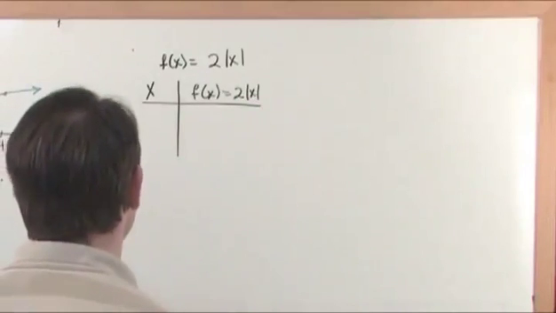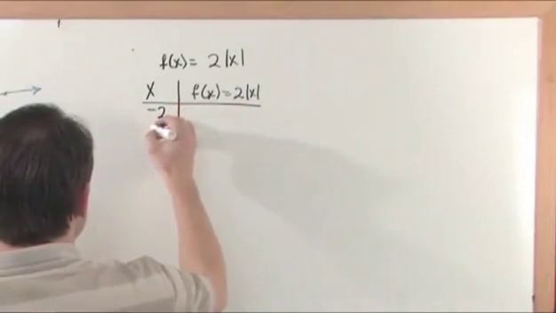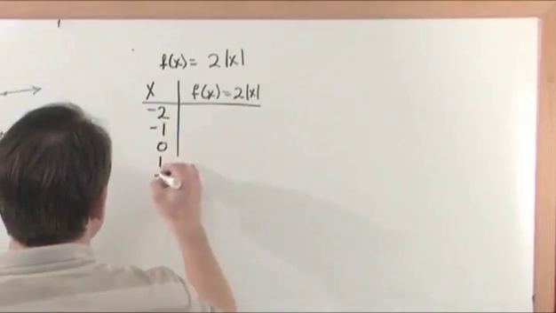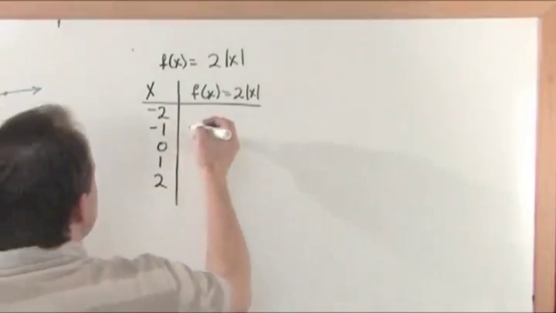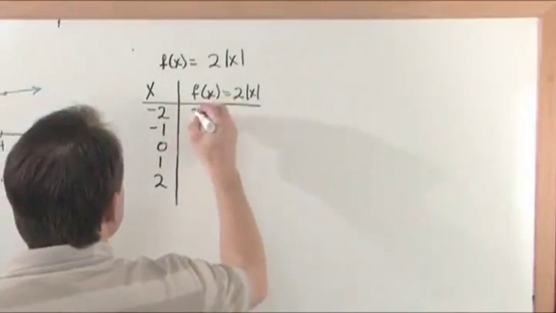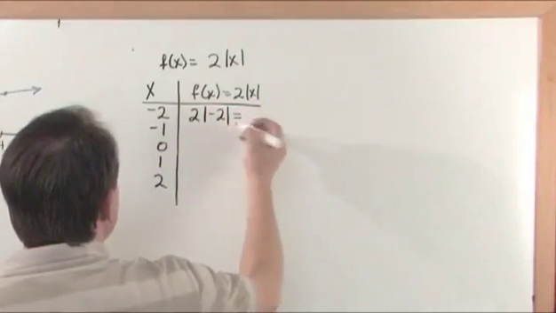That's what we would do. And for x, we're going to choose some values: -2, -1, 0, 1, 2. Those are going to be my favorite values, and I'm going to put them into here. Putting -2 in is going to be 2 times the absolute value of -2, which is going to be equal